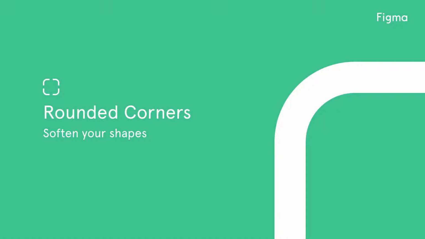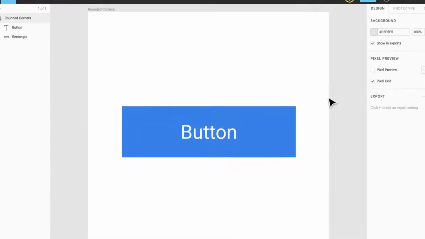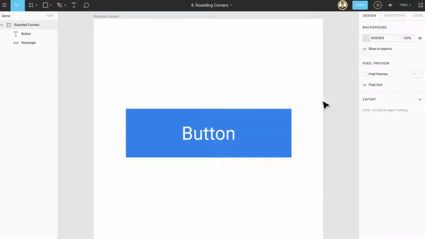In this video, we'll be covering rounded corners. Rounded corners can be especially useful if you want to soften the edges of a rectangle, star, or other polygon. In this example, let's say we want to create a nice soft button for our app. Instead of having hard 90-degree corners, we can adjust these to be a bit more rounded, making them feel more